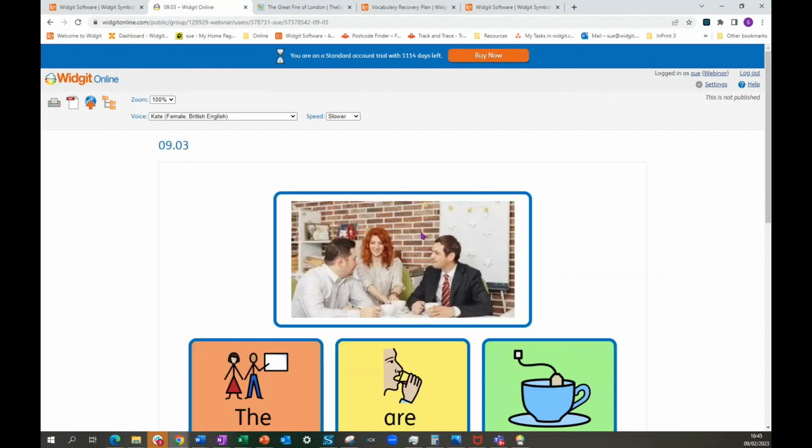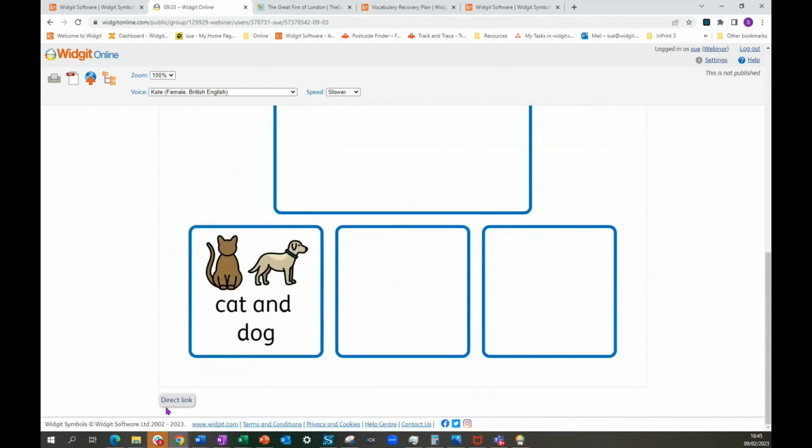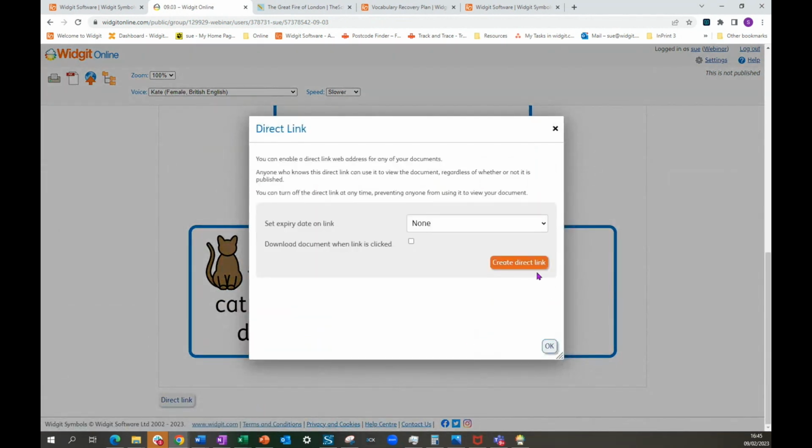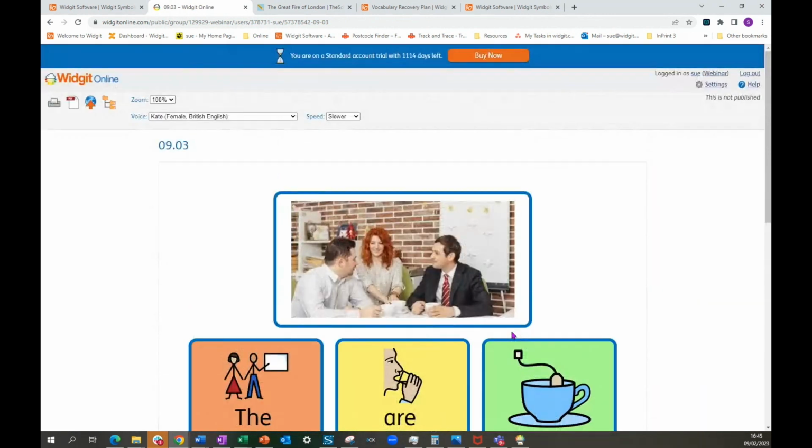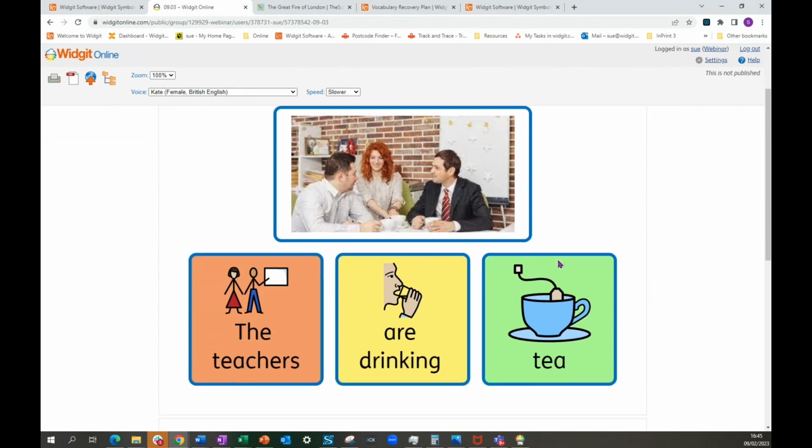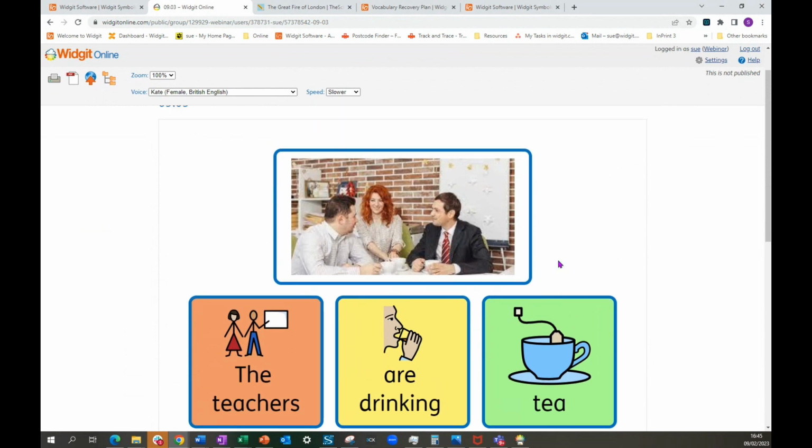Now this view creates a direct link to where this resource is stored in the cloud. That is unique to this resource. So I can post that link in an email, on a homework page, on a website, and anybody who clicks on the link will see this resource. They don't need to sign in, they don't need to register, they don't need to pay, they just click on the link and they will